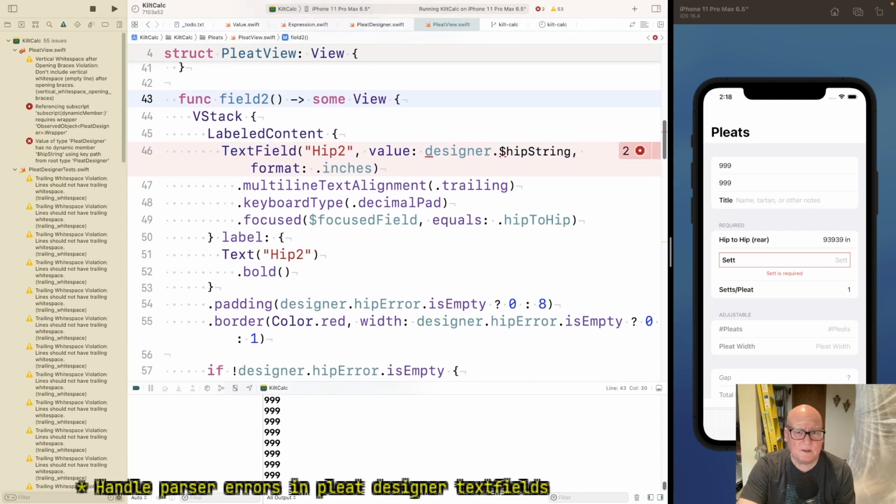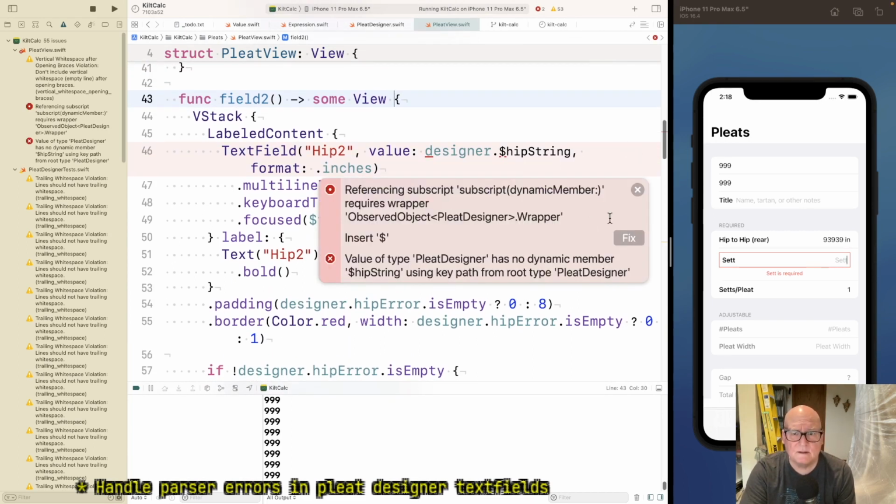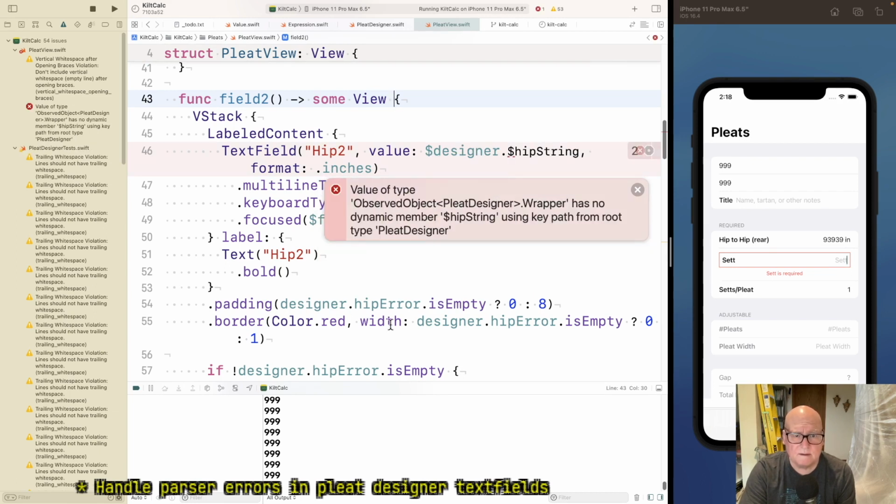Okay, field 2 is all hard-coded. Designer. Value has, oh, hip string does not exist.